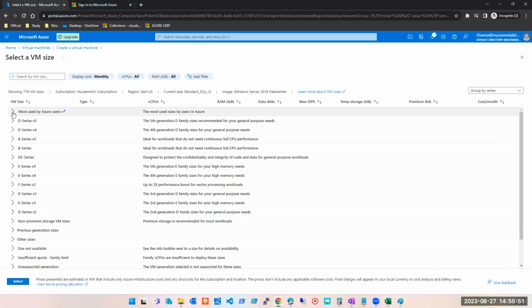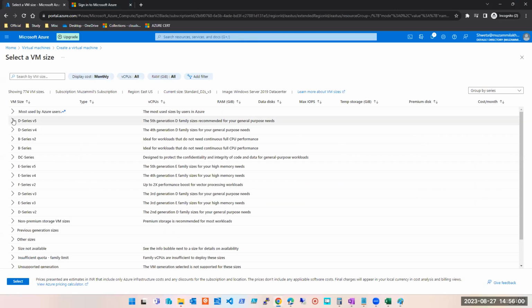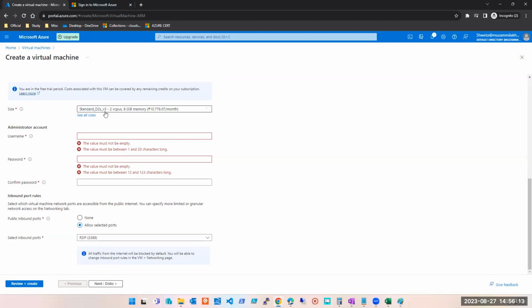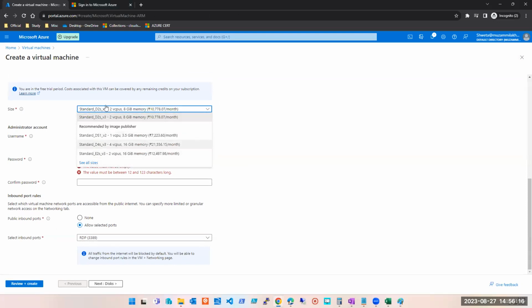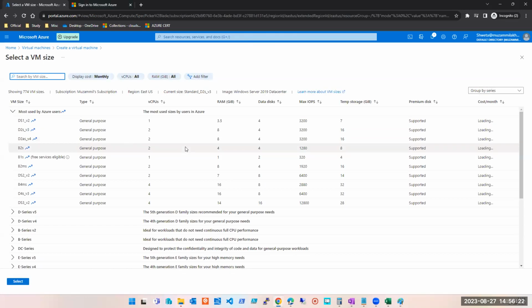So if you take the most used by Azure users, this is called a family, like D series, B series, E series. Okay, so they have the family of this series. From here you can select. Simply you can select from here. I mean, for your practice purpose, you can select it from these 3 or 4. It's okay. I'll give you homework for these 2 or 3. But if you want to see all sizes, you click here. And to understand